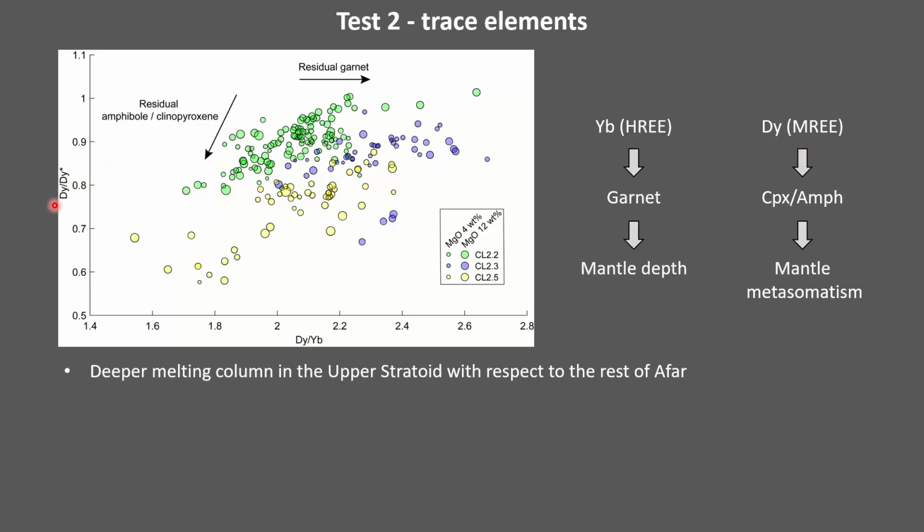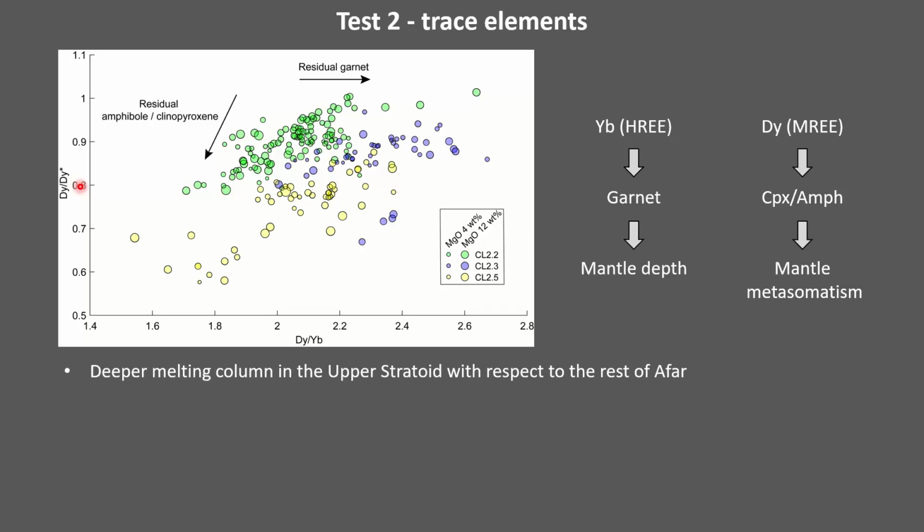And this ratio here is basically the measured dysprosium on the dysprosium, which is calculated by the interpolation of the light rare earth element and the heavy rare earth element. So basically this ratio here indicates the deviation from the analyzed dysprosium with respect to what we expect from the